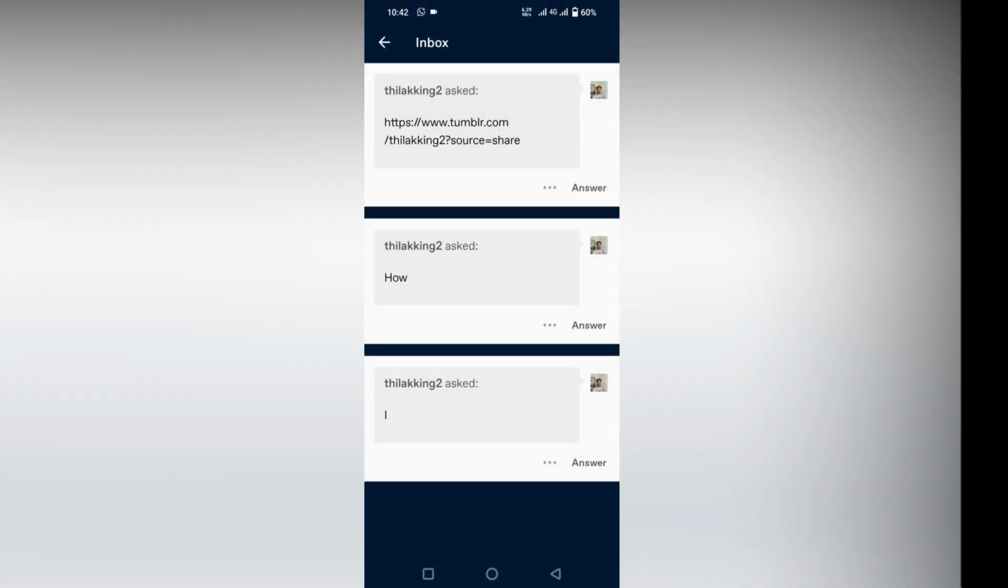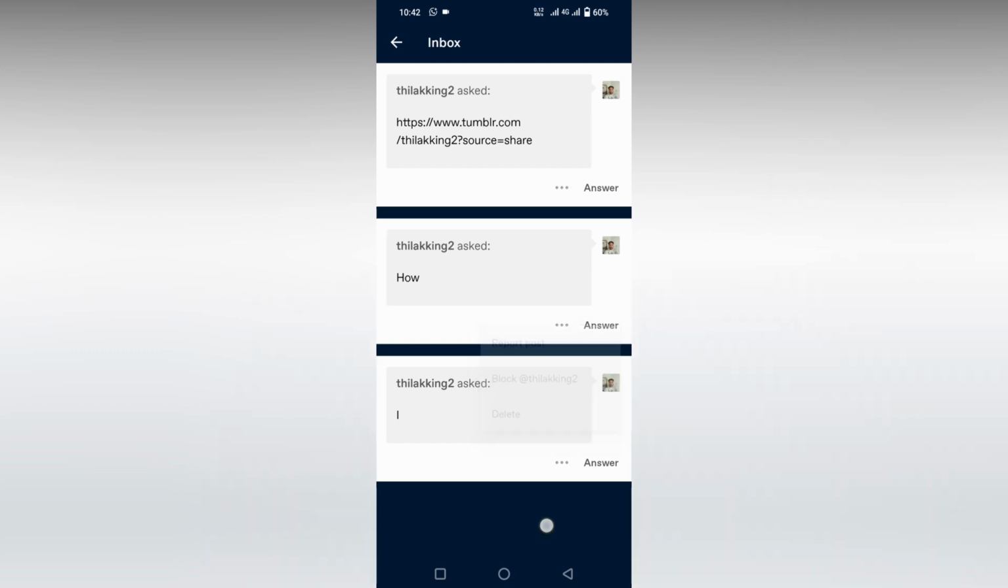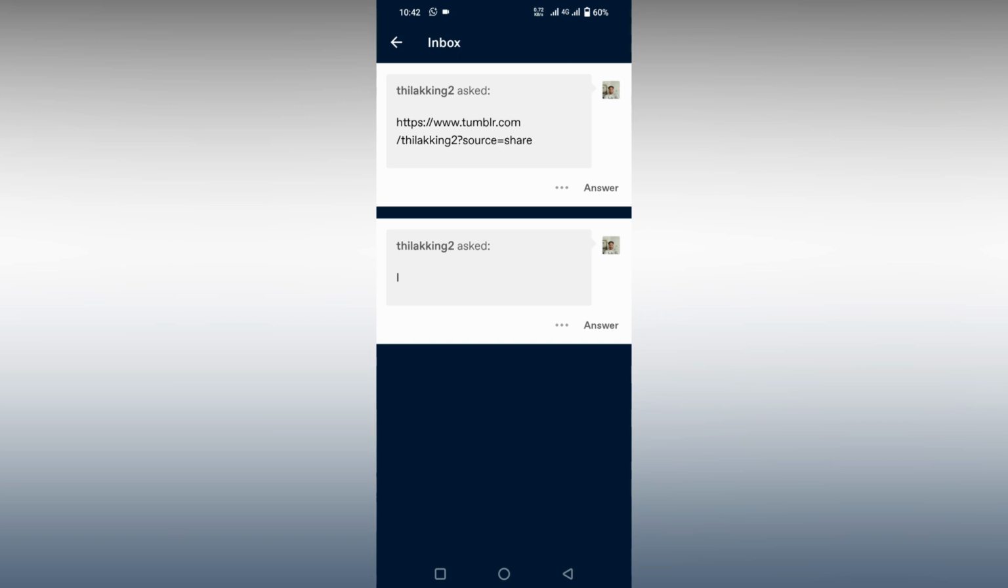So I have three in my inbox here. You have three options: report, post, or block, or delete. So you can just easily delete the message or ask question or ask answer if you just don't want it